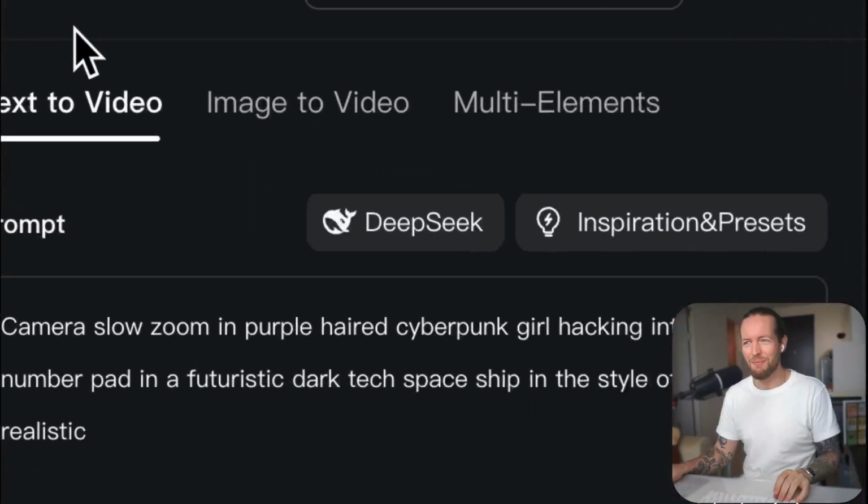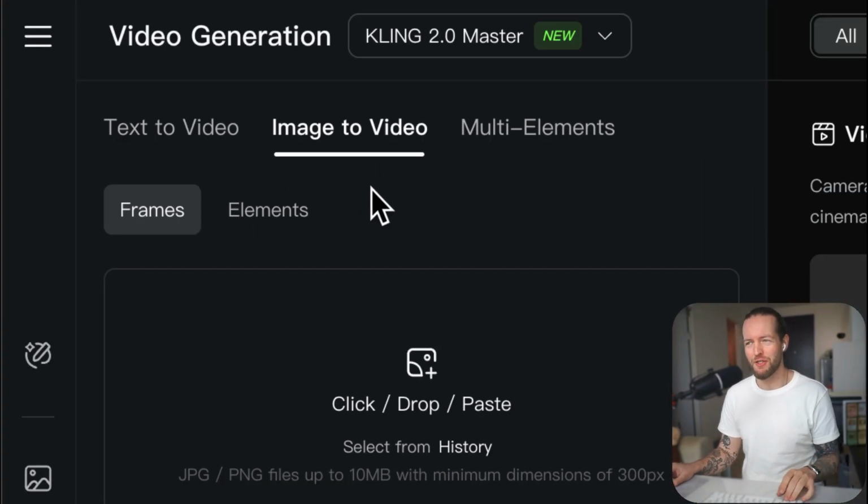But what about image to video? This is the video generation model that I like to use the most because you can have an image that